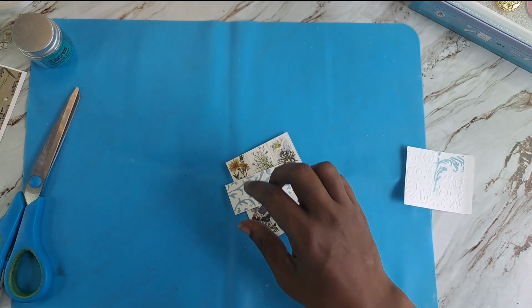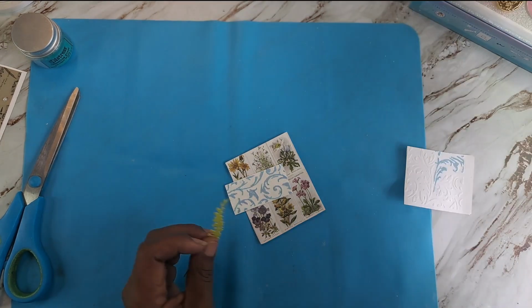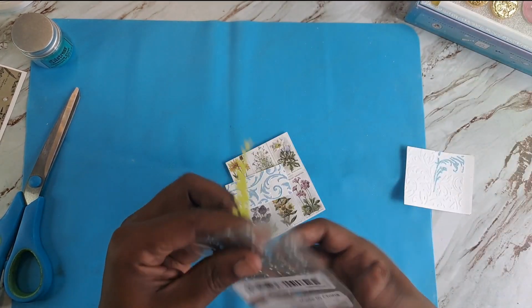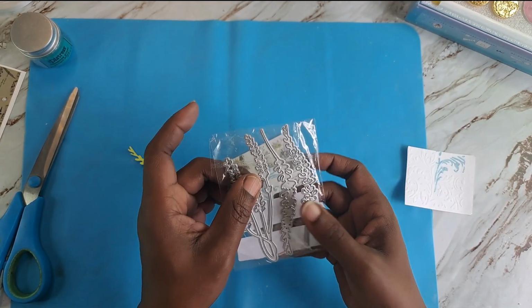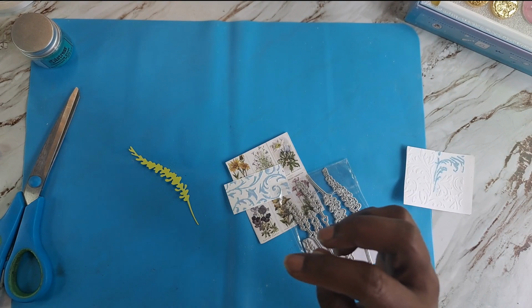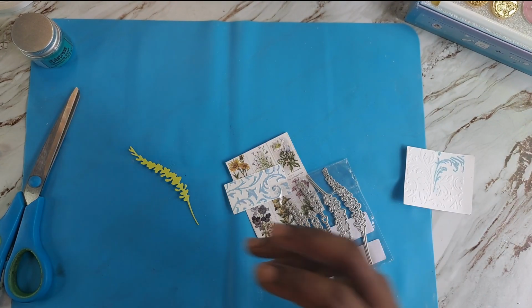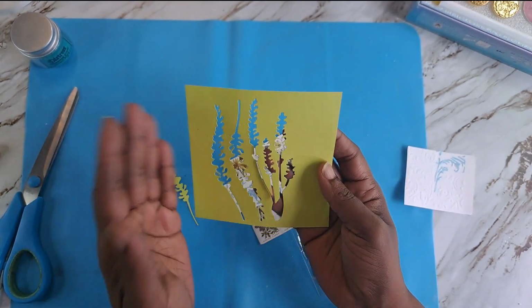All right, so I am going to use another piece of, because remember this die cut here, it was 3 pieces. It was this one, this, and this. And I cut it out of this paper. And don't think that I'm throwing this away, because I will be using that for something else that really would be cute